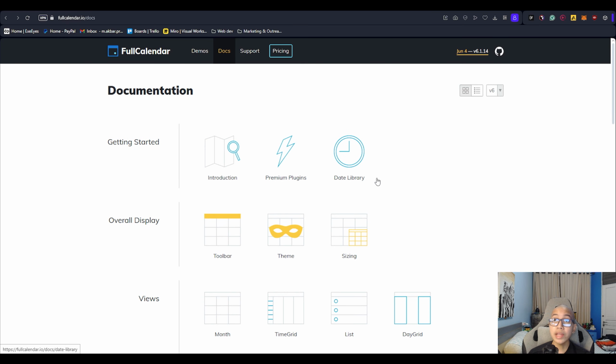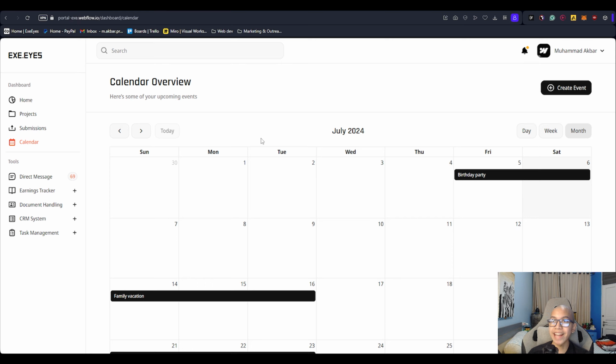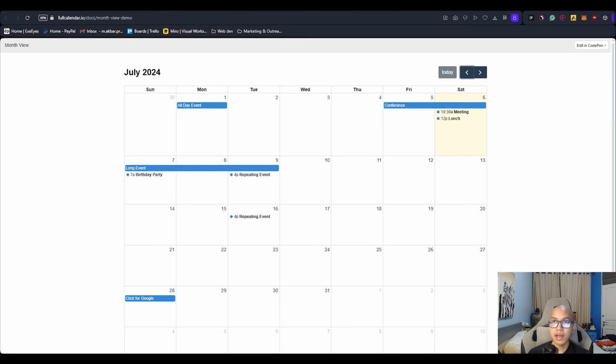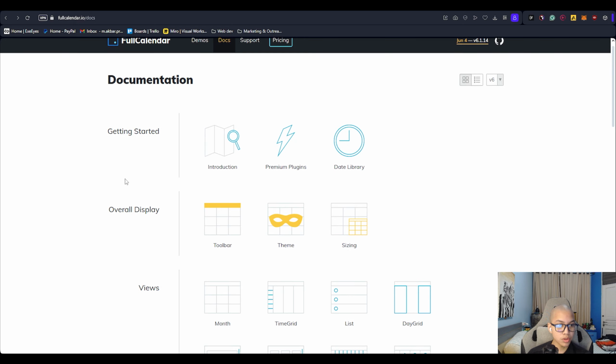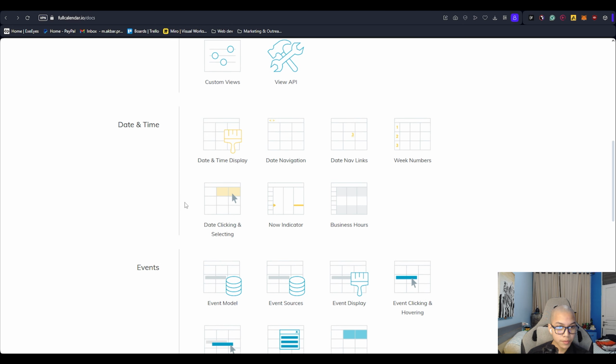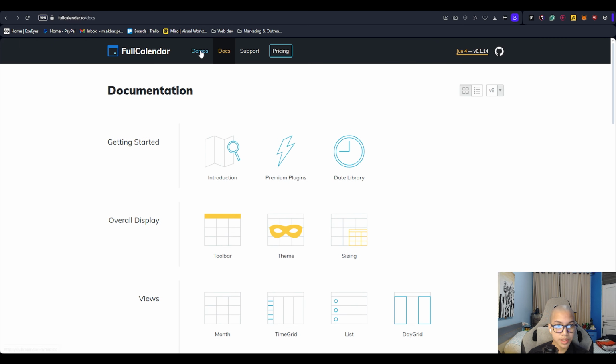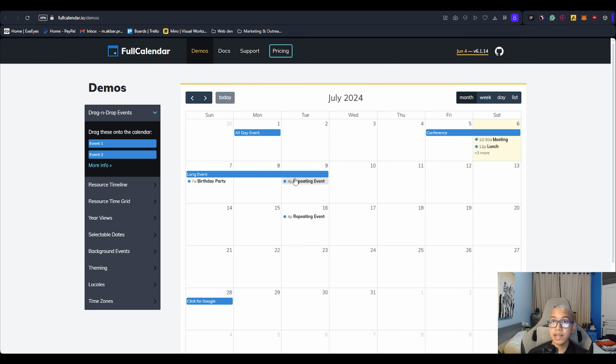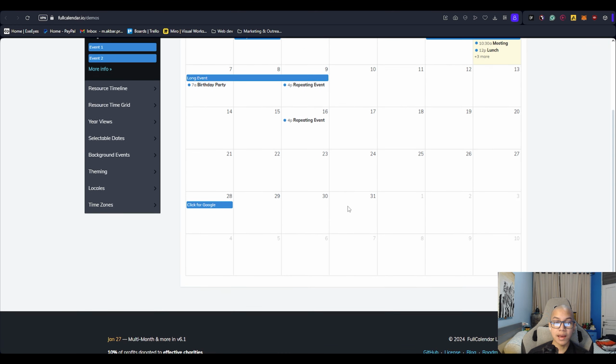Not only that, but you can also customize the heck out of that calendar. As you can see here, this is very much different than your typical FullCalendar demos. If you go to the demo part of FullCalendar, let me just open this link in a new tab. This is essentially the demo they gave you, which I think is an understatement, because again, you can customize the hell out of this thing using